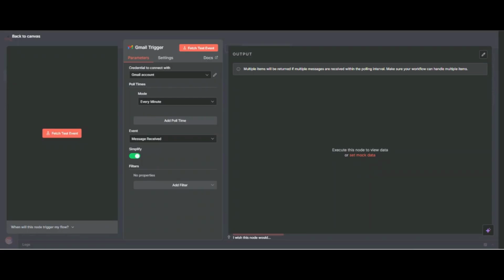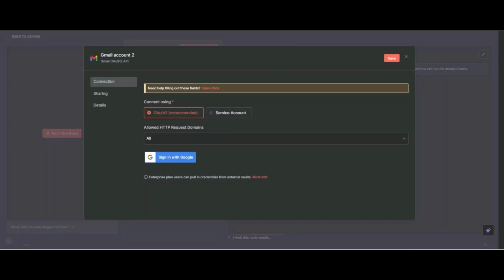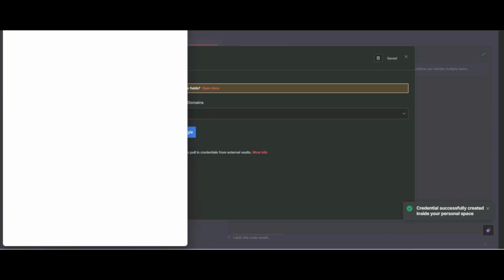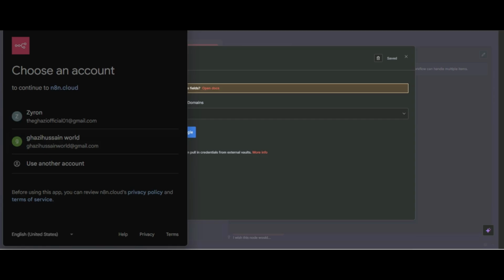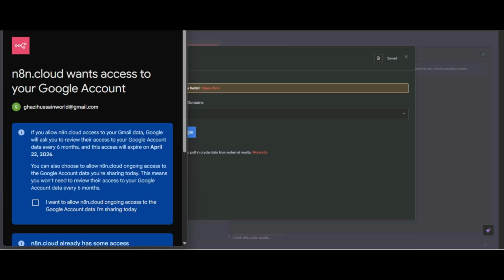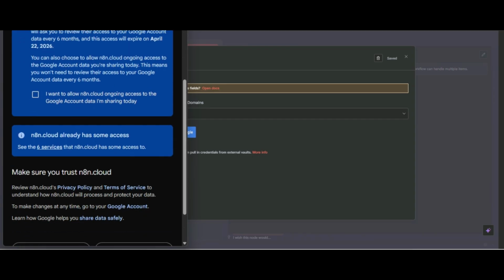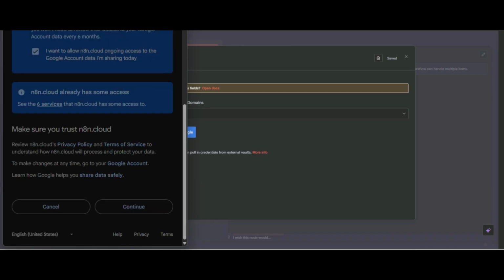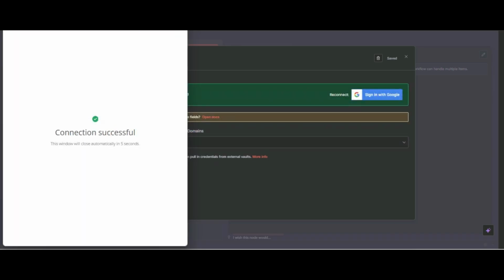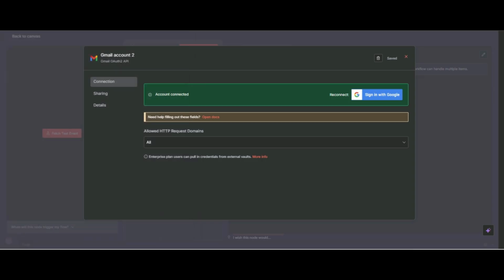You can see I have already attached an account, but I will click on create new credential, and now you can see there is the option sign in with Google. Click on it, and then you can select Gmail. I will select it, and give the permission to n8n. Now my account has been successfully connected.